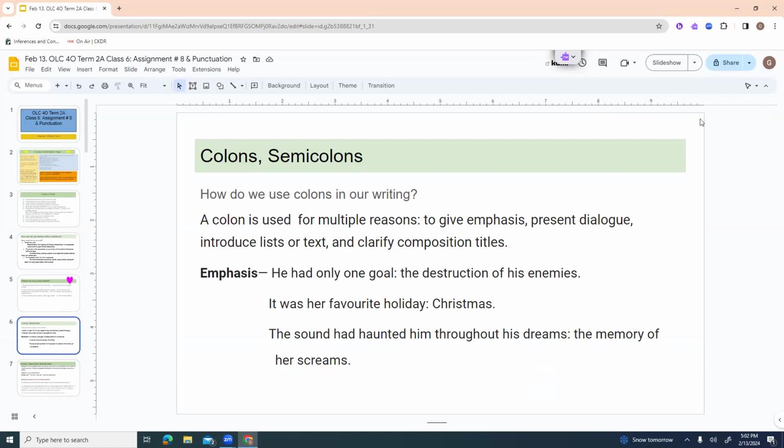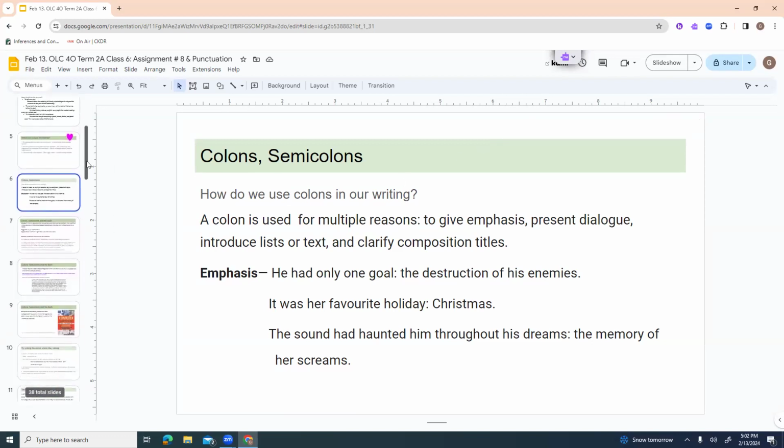So emphasis, here are some examples. He had only one goal: the destruction of his enemies. It was her favorite enemy: Christmas. The sound had haunted him throughout his dreams: the memory of her screams. So I won't say people use it a lot that way, but it's definitely one of the ways